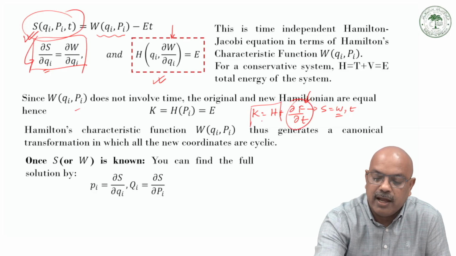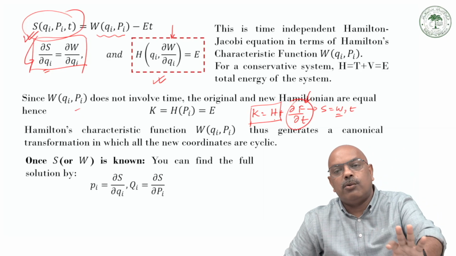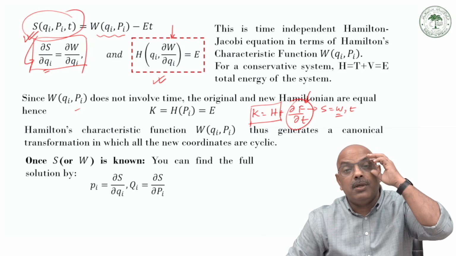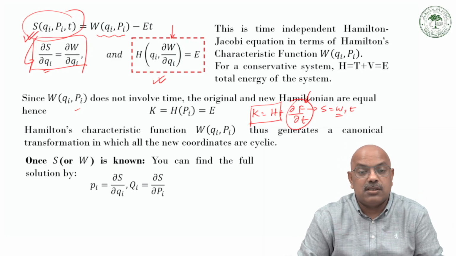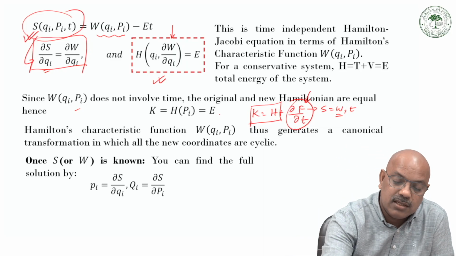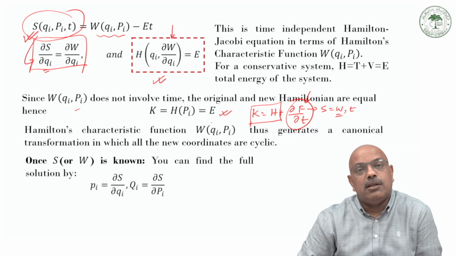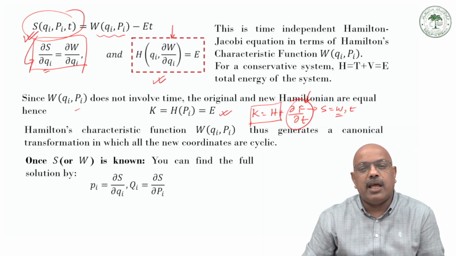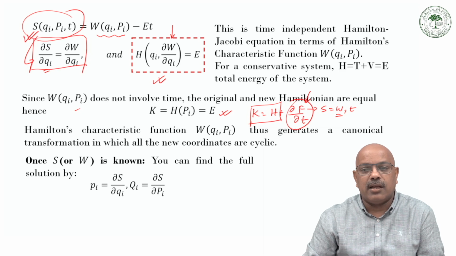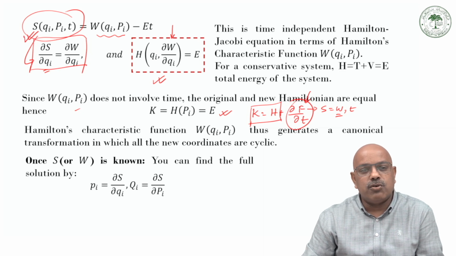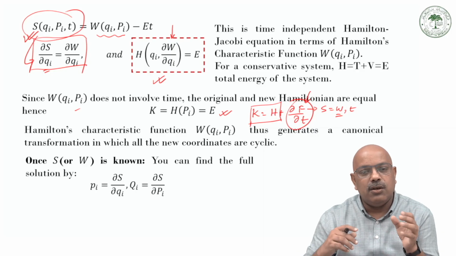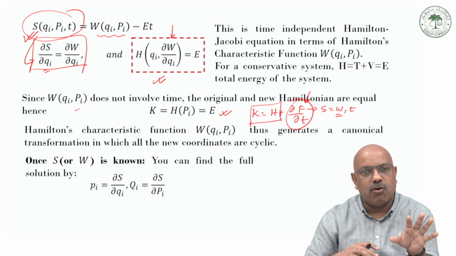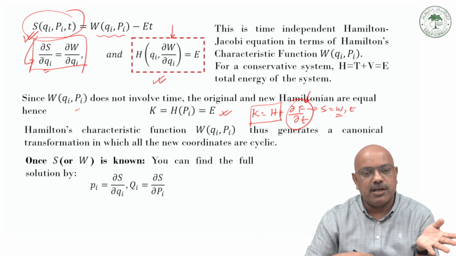So I am going to have the old Hamiltonian and new Hamiltonian equal, because this is for a conservative system, and then they are definitely going to be equal to the total energy of the system. Okay, so the Hamilton characteristic function thus generates a canonical transformation in which all the new coordinates are going to be cyclic. So once I know this S or W, the Hamilton principal function or Hamilton characteristic function,